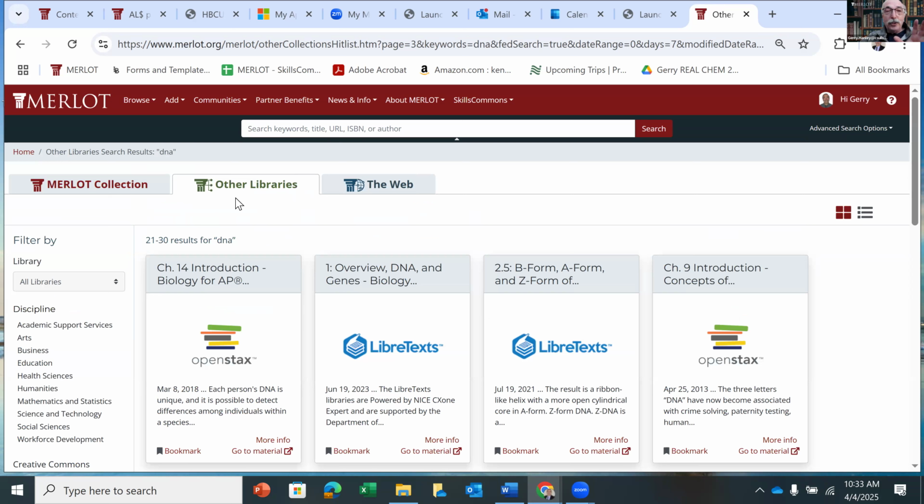So you can search all these other libraries that are out there at the same time. So when someone says, I can't find stuff, then you should say, have you tried Merlot and have you checked out other libraries? Because we search everything that's out there in the open world.